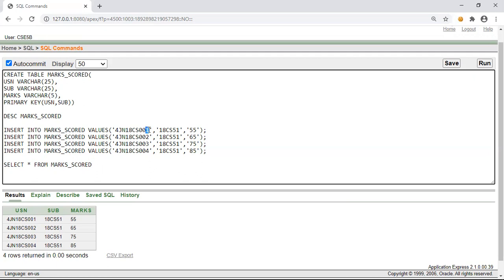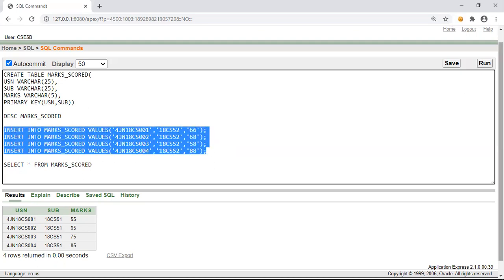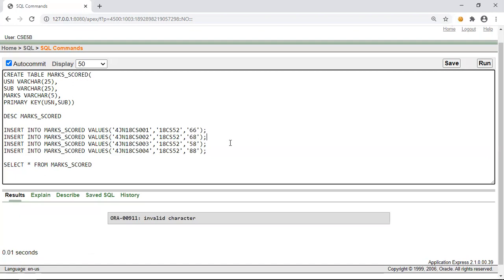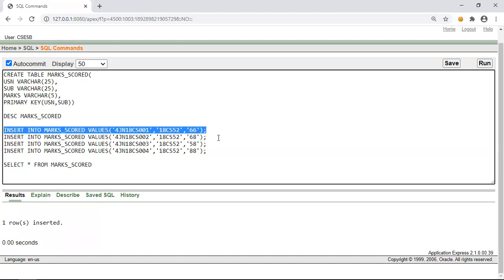We shall insert for at least three or four subjects. We cannot execute all the insert statements at once.